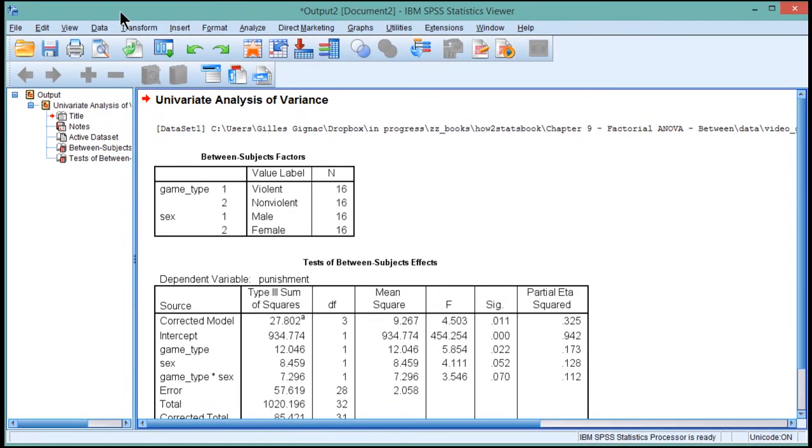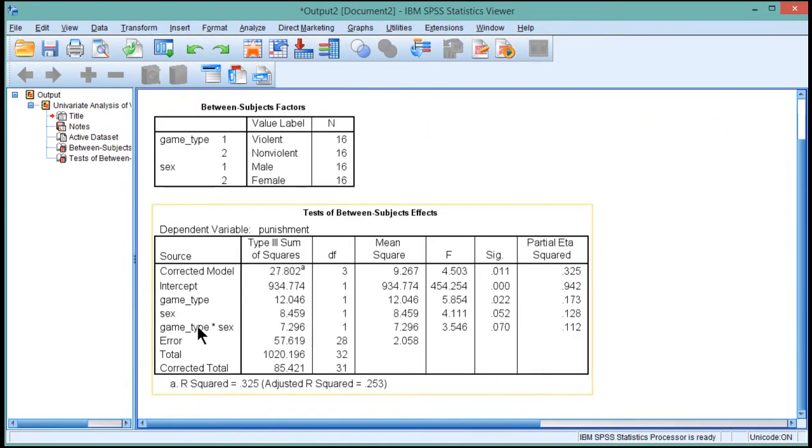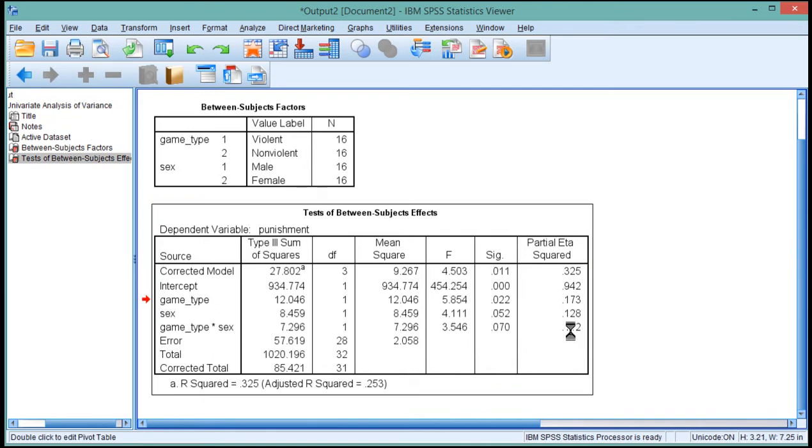In this case, the interaction term was not statistically significant. Recall in the textbook that once you went from unequal sample sizes to equal sample sizes, the interaction term lost its statistical significance. In this case, we have an F value of 3.546, p equal 0.070. And importantly, we have a partial eta squared here of 0.112. I'm just going to push that out a little bit